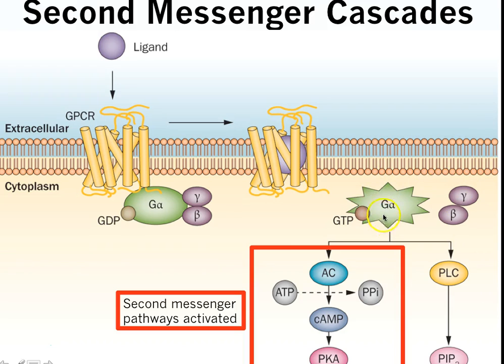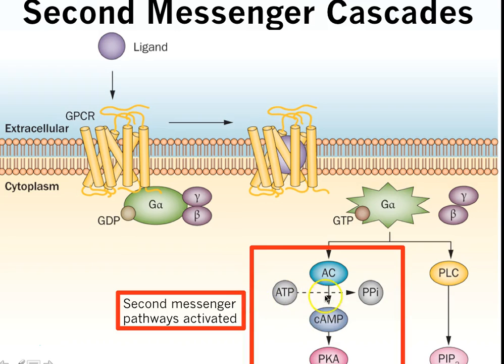But now here what you see is that this G-alpha is going to trigger a whole series of events. And this is what we call the activation of a second messenger pathway. And these funny looking things here all basically are a series of different enzymes and activating molecules that lead to a particular cellular response. Okay? So here, this is actually adenylate cyclase. Okay? This is an enzyme that's activated by G-alpha. Okay? Which then